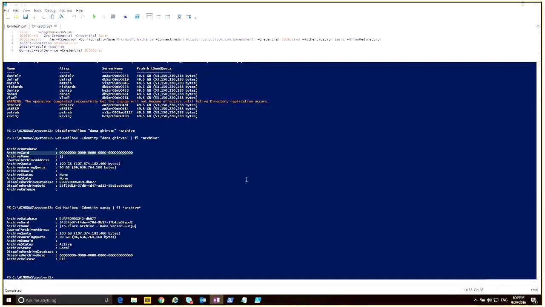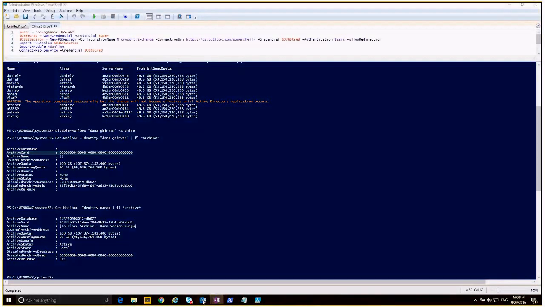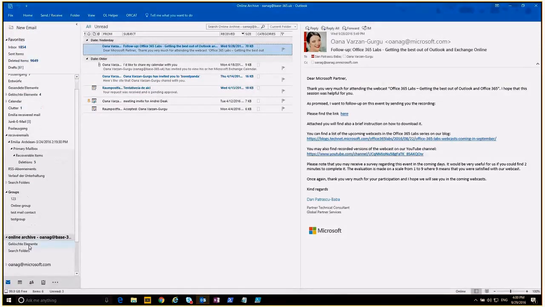It moves the items that are 2 years or older from a user's primary mailbox to the archive mailbox. It also moves primary mailbox items that are 14 days or older from the recoverable items folder to the recoverable